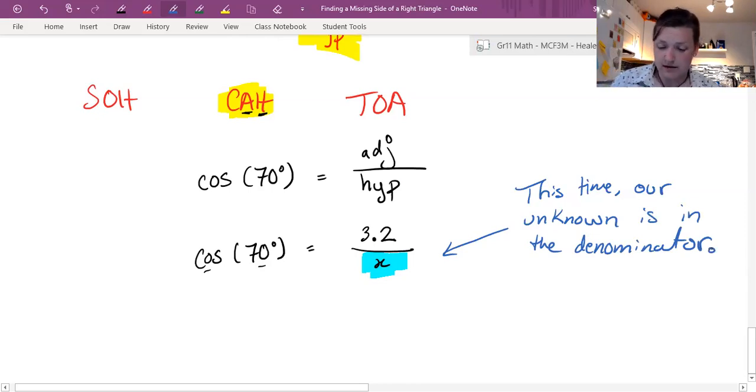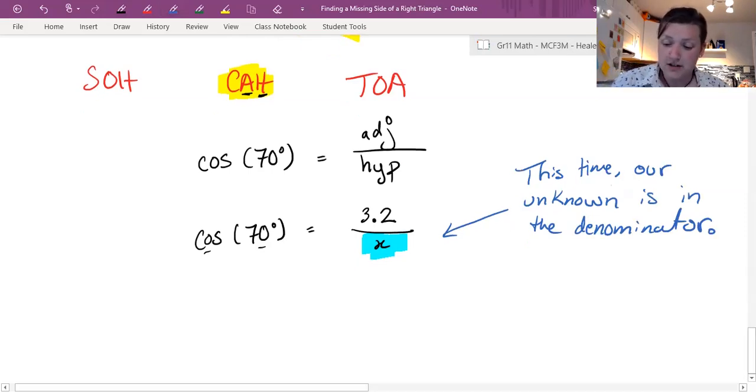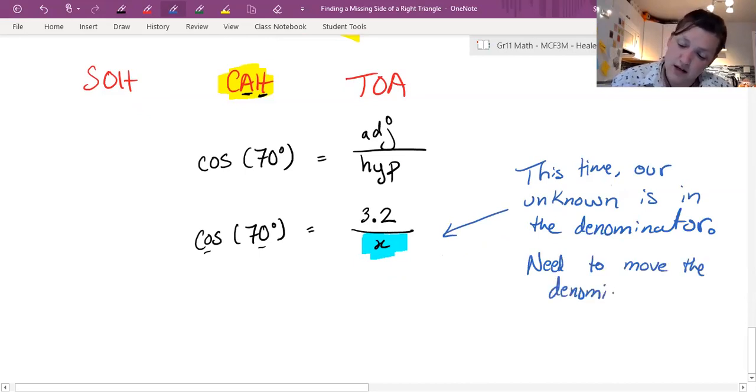If you need a little bit of review, what we need to do is move the denominator first, always. So even though we are looking for x, we can't, if we divided both sides by 3.2, we